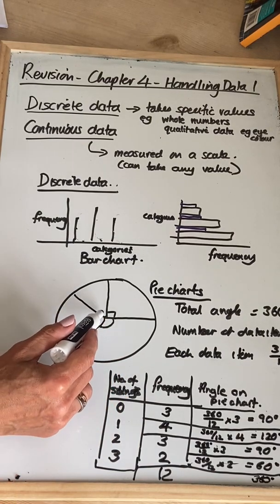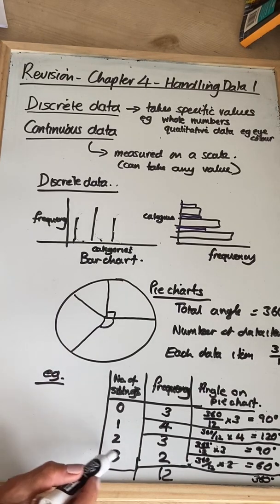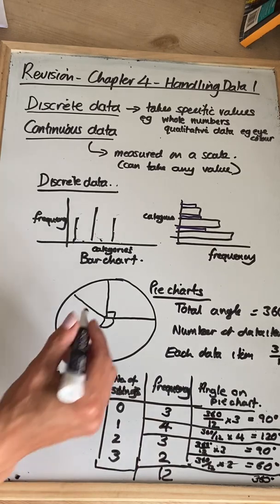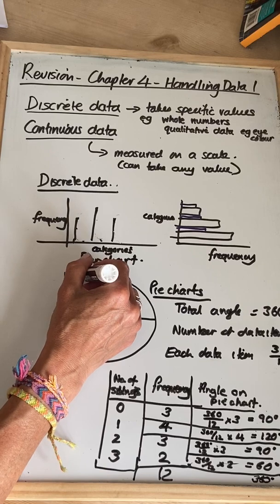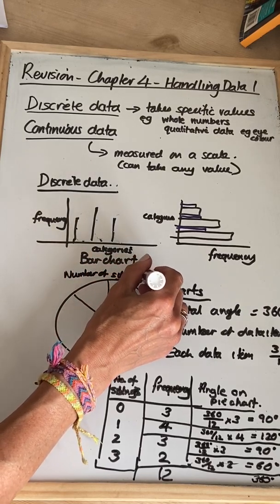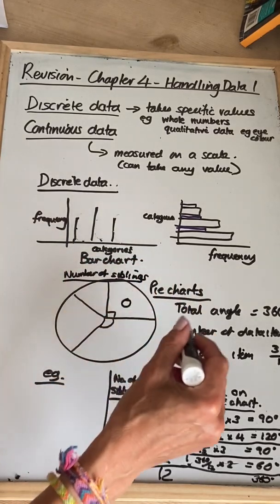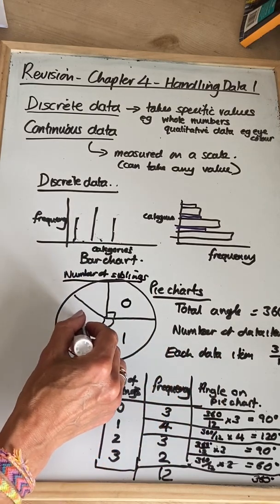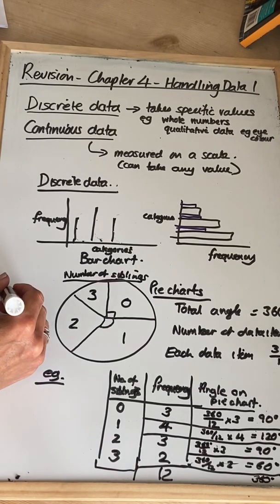And then for my 3 siblings, 60 degrees. So I'm going to just label mine. I'm going to write number of siblings as my title. And I am going to have 0 siblings, 1 sibling, 2 siblings, 3 siblings there. Okay. Now, probably one of the more common things that happens on pie charts is that instead of writing those in,